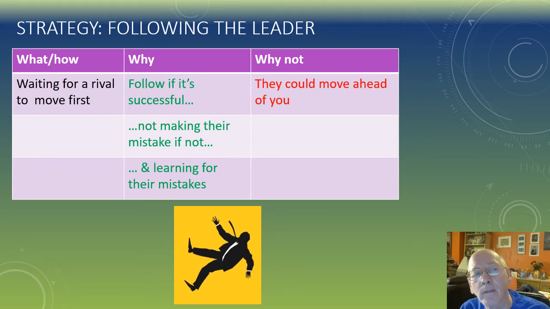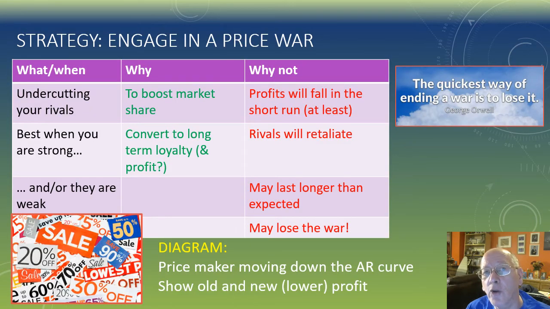Well, of course, had Sainsbury's been successful, Tesco would have been quite far behind had they then adopted the same scheme. Now, the first of the strategies that's on the spec, in other words, they could ask you a specific question about it, is to engage in a price war. And what that means is you are going to undercut your rivals. You're going to be charging less than your rivals. When should you do it? Well, if you're strong and they're weak, then that's a pretty good time to engage in a price war,